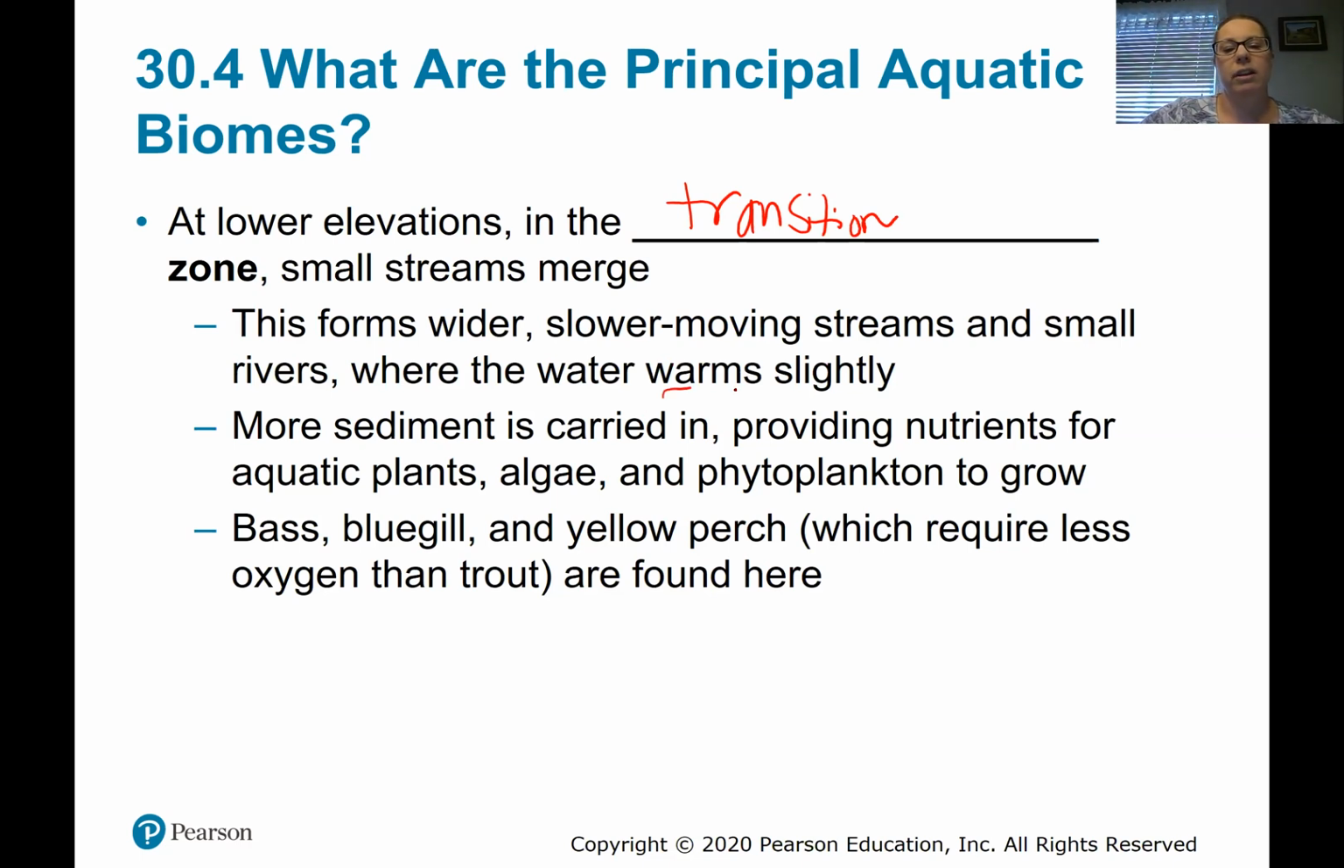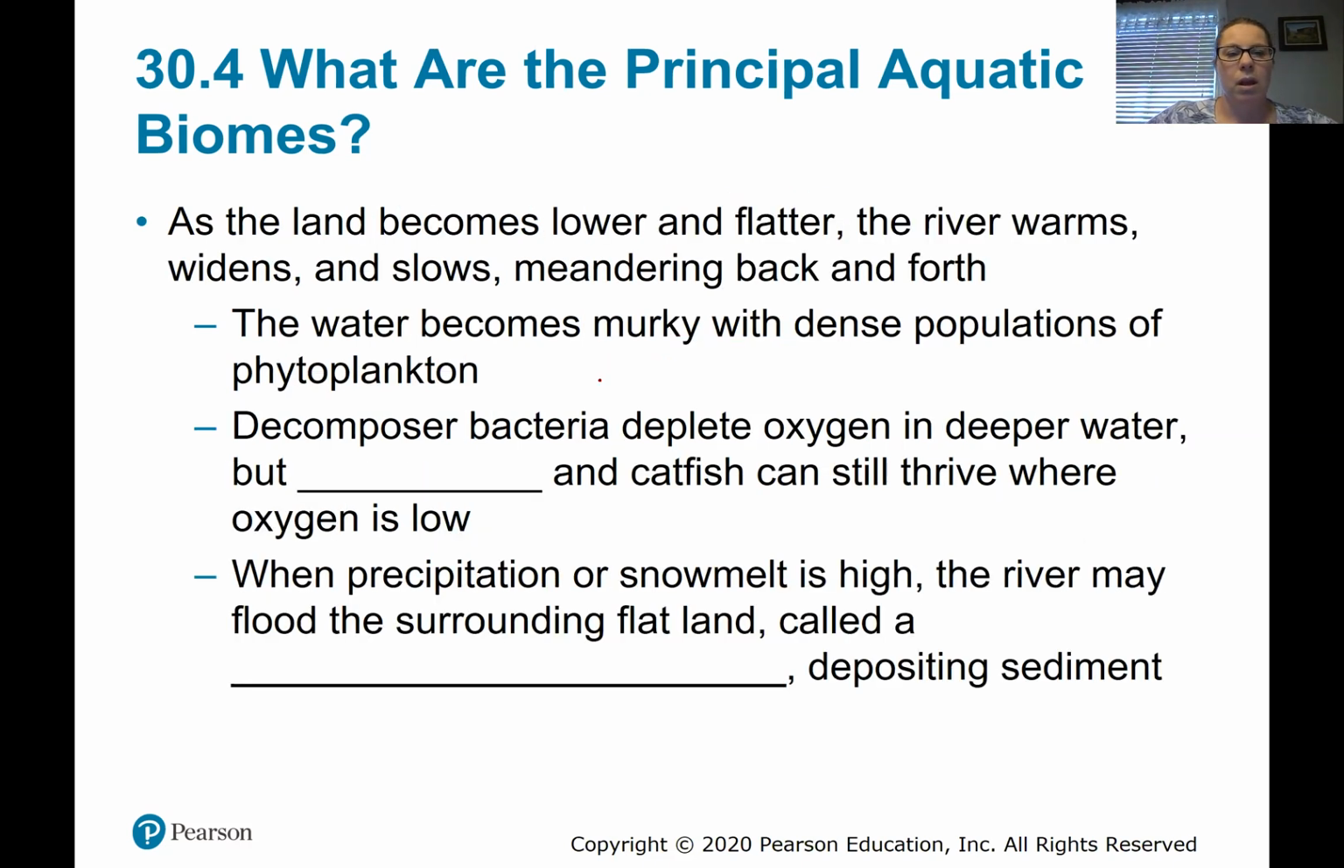As you go down in elevation, the water starts to warm up a little bit. You get more and more sediment that carries nutrients for phytoplankton and other things to grow. In the transition zone, you may find fish that require a little bit less oxygen than trout, like bass and bluegill. And then as the land becomes lower in elevation and flatter, the river is going to continue to warm